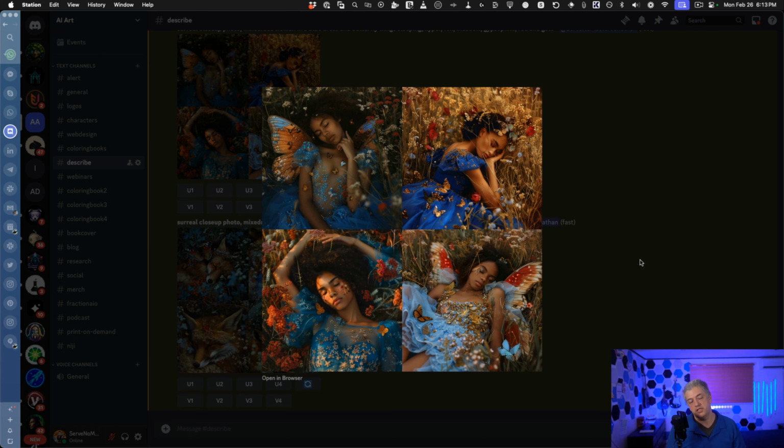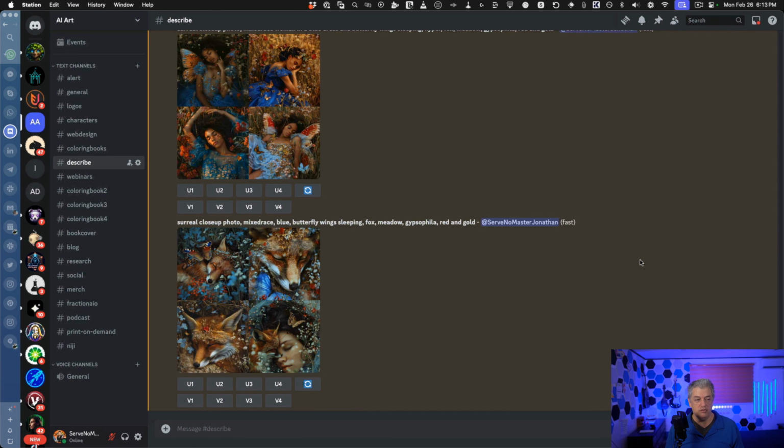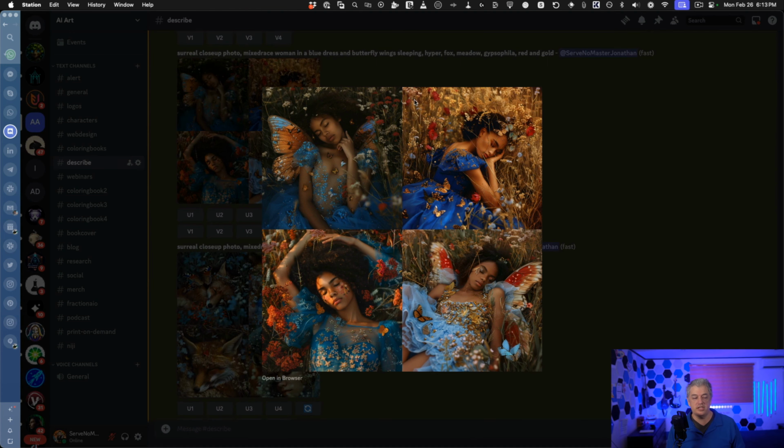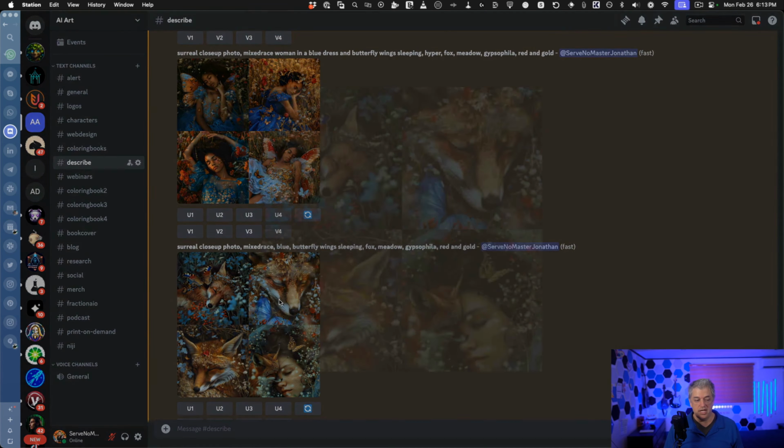Well, the question is, do we have it better anchored? The butterfly wings are working now. She now has the butterfly wings, more of that fairy element in 2 of the images, but where did the fox go? If we look at the prompt, we see surreal close-up photo, mixed race woman in a blue dress and butterfly wings sleeping, hyper fox, meadow, gypsophylla, red and gold. I believe this image here, other than the missing fox, is closer to what the original intent was, but here's